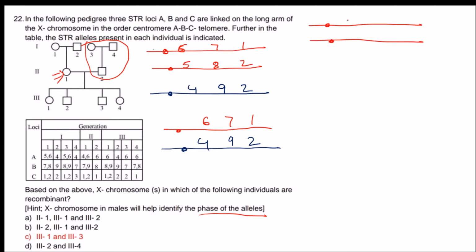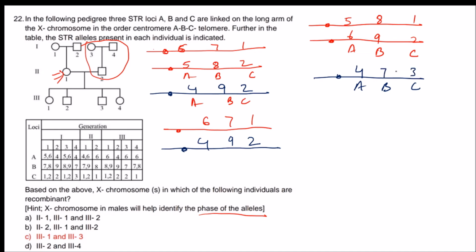In the chromosome, as it is given, 5 and 6 on the A locus, and here it will be the A, B, C loci. Here number B is having 8 and 9 in the B locus, and finally 1 and 2 in the C locus. And the male is what? Male is having 4, 7, 3. So male will be having at the A, B and C loci alleles 4, 7 and 3. So I have written here 4, 7 and 3.